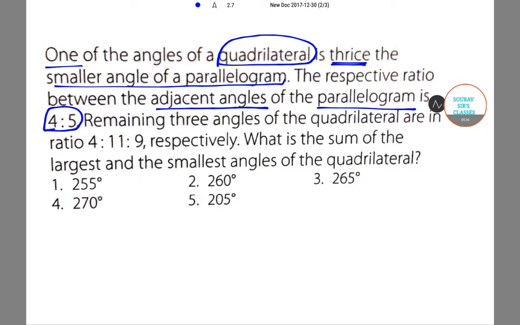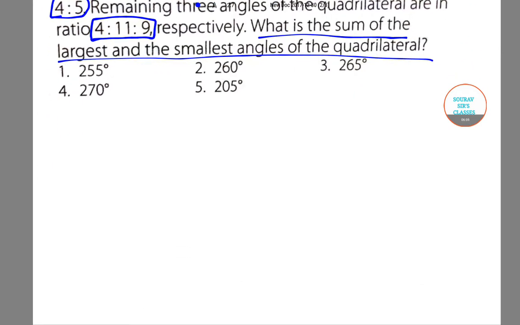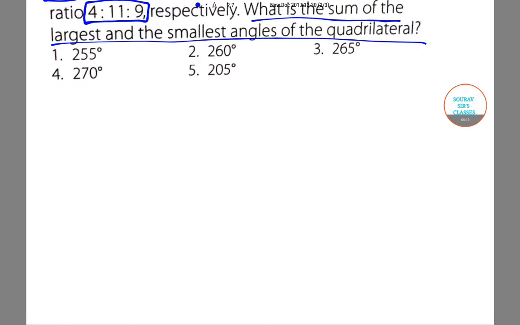Now, remaining three angles of the quadrilateral are in ratio 4:11:9. So the ratio of the remaining three angles of the quadrilateral is 4:11:9 respectively. Now we have to find what is the sum of the largest and the smallest angle of the quadrilateral. So now let's start. Here 5 options are given, and by solving this sum we have to choose the right option. Now let the adjacent angles of the parallelogram